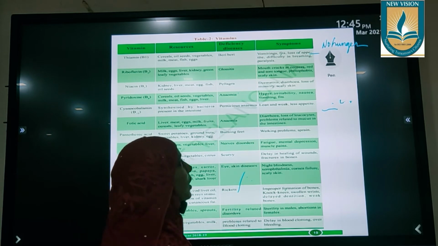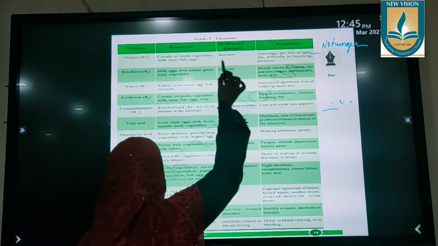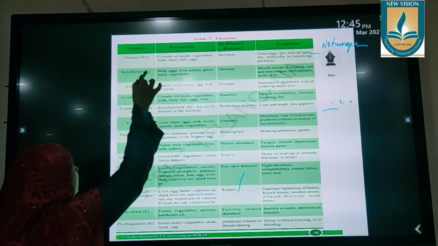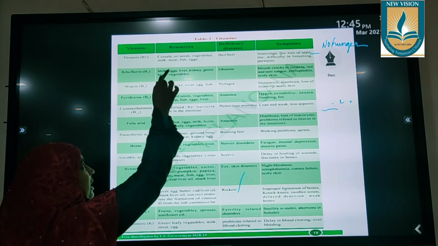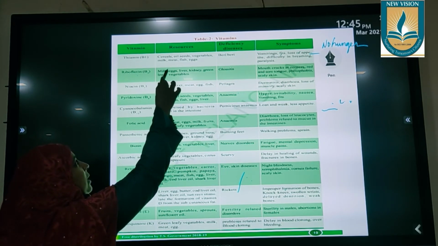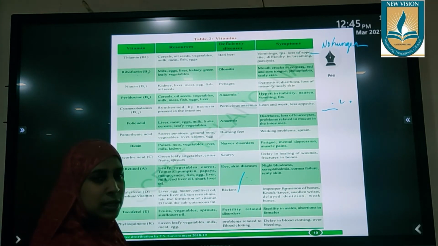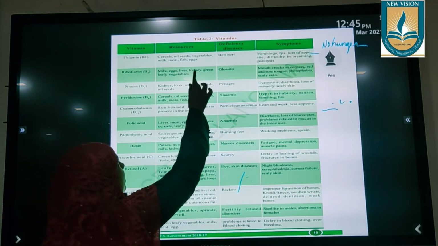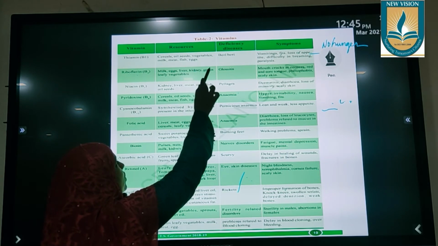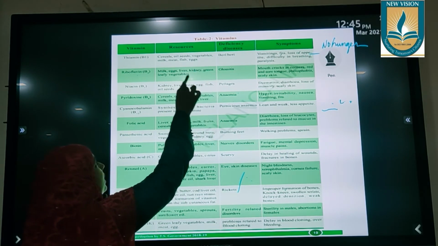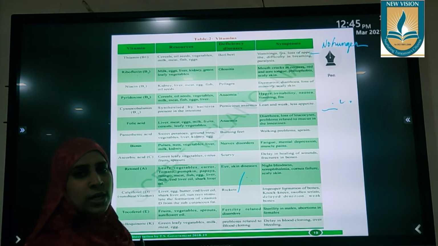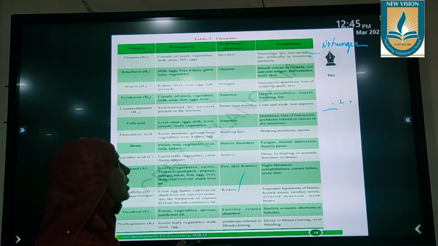Person cannot move voluntary muscles. Okay. Next, vitamin B2 is riboflavin. It is found in foods like milk, eggs, liver. In meat, the liver part is separated and given as special meat that is very good for health. Kidney also is eaten by people, and green leafy vegetables, all those sorrel leaves, there are different types of green leafy